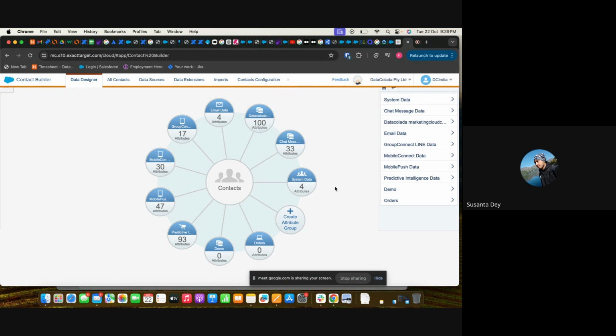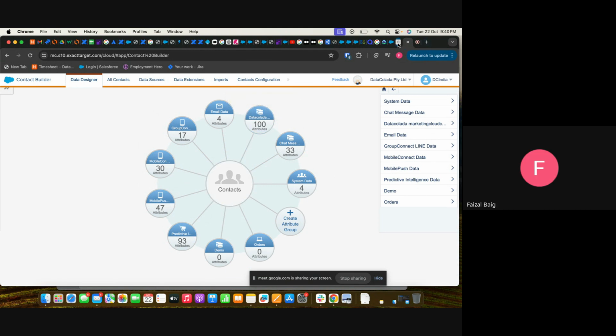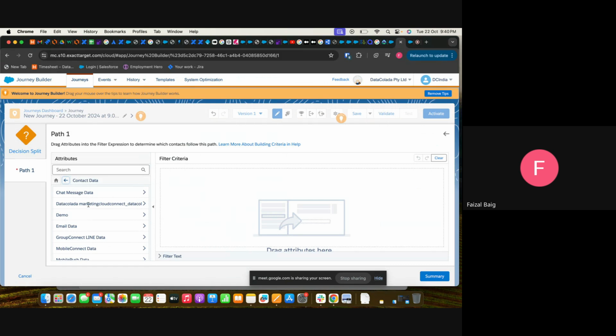So this attribute comes under the addition part. Pardon? This attribute comes under the addition part. This addition or deletion? Are you asking deletion? Yeah, this one. No, it does not come under that. We need to create it. I'll show you. Don't get confused. Okay.